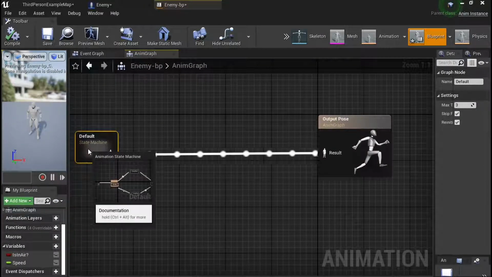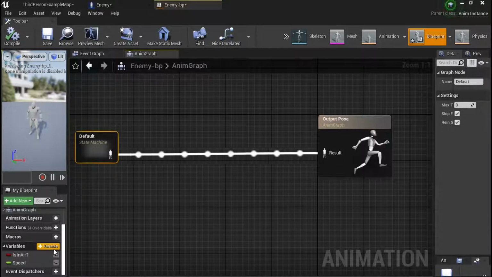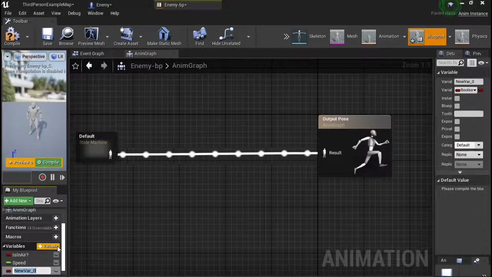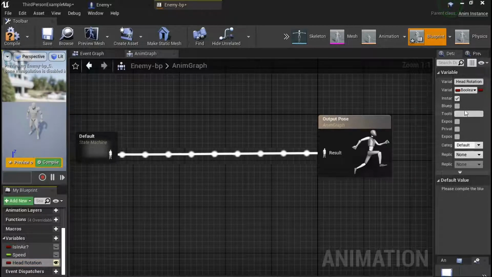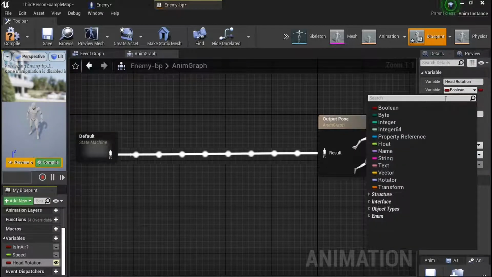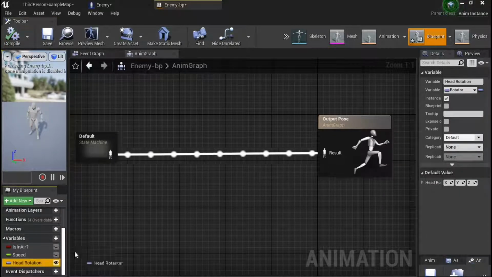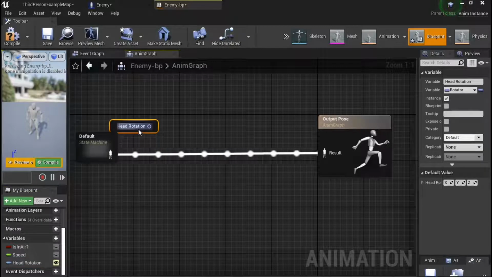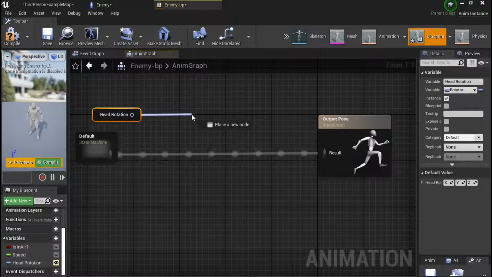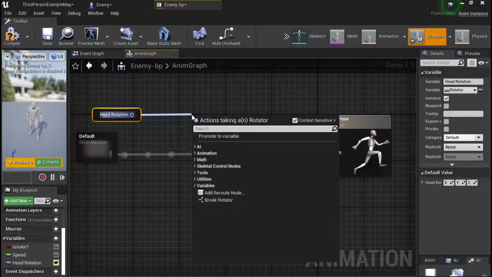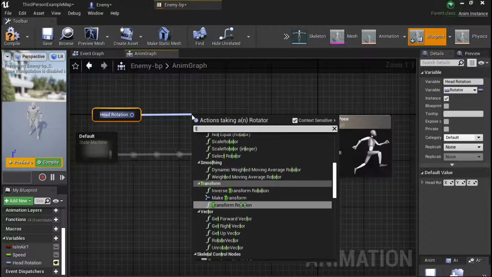When you're on the animation graph, you want to go over to variables and add a variable. Call it head rotation, make it public just in case, it doesn't have any negative side effects or anything. And set the variable type to a rotator. From here, you want to drag off rotator, make it get, and then from the rotator you want to add a transform